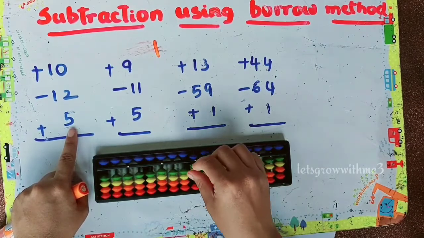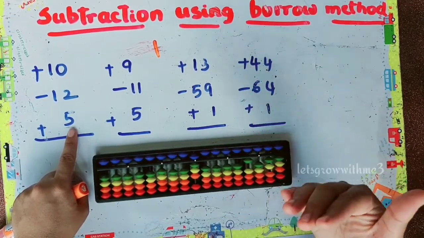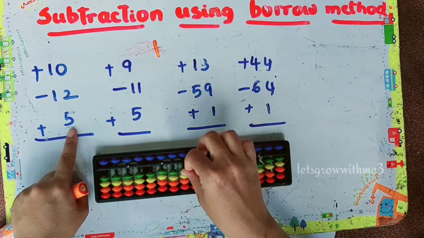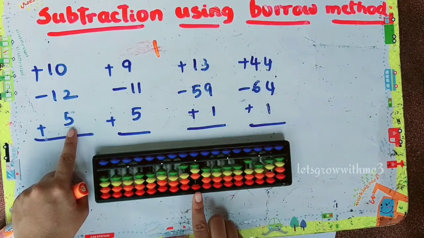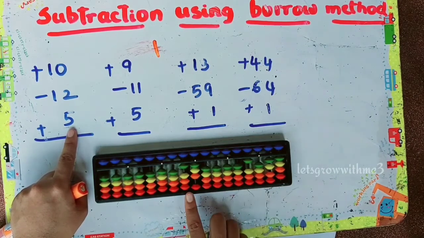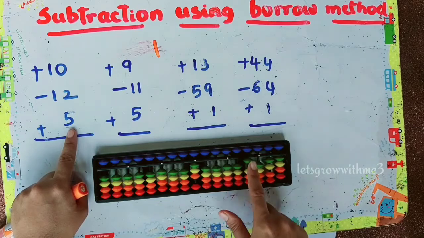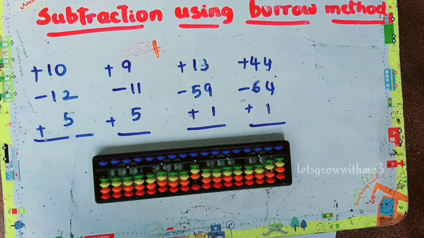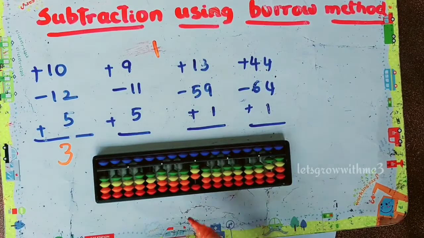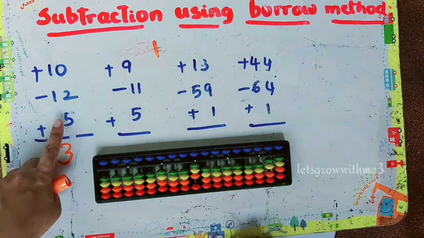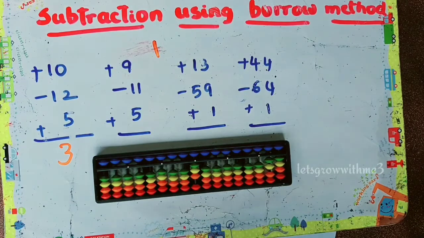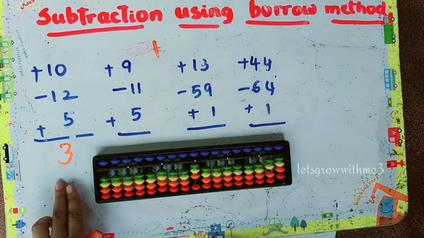Even if we are using the borrow method, we should use the same direct small friend big friend method when we don't have sufficient beads. Next, let's do it. Plus 10 minus 5. Now the answer is 13, but we are not going to write down the answer as 13 because we have taken the borrow 10. We need to return that borrow. Now we have the sufficient value, which is a big value. So remove that 10 which we have taken earlier. So minus 10, and the answer is 3. Even though we have taken the borrow value, we got the answer 3, which is a positive number because our minute is positive. That's why we got our result as a positive value.